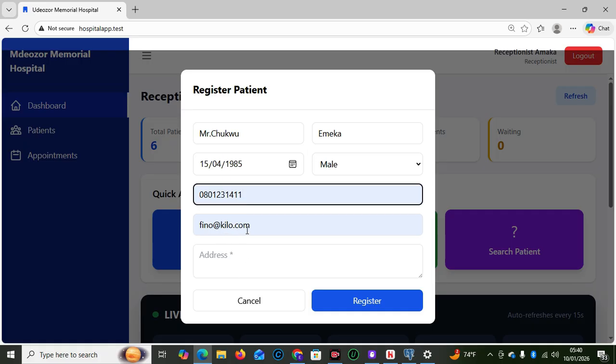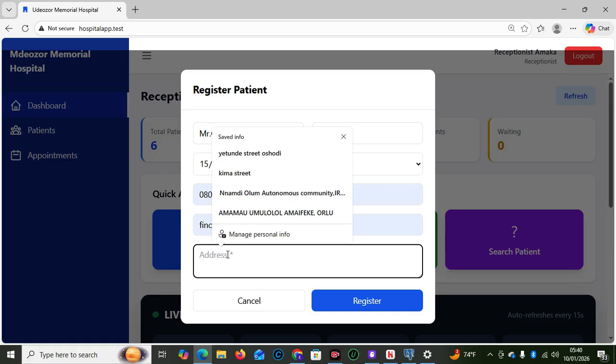So fino@kilo.com. The gender, the address. Let's see, the person lives at 45 Marina Street, Lagos. Okay. Now, so the patient